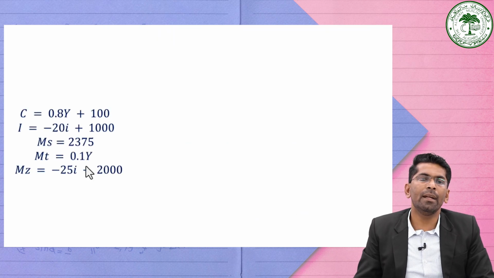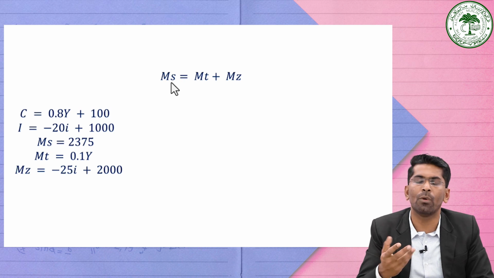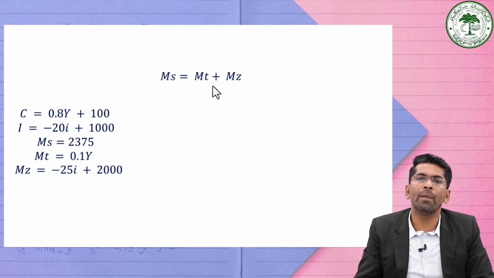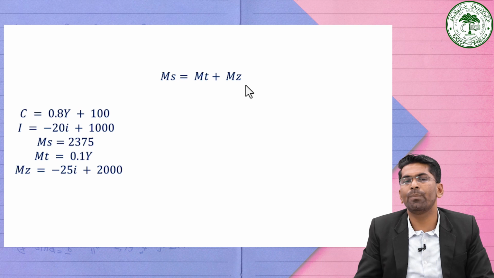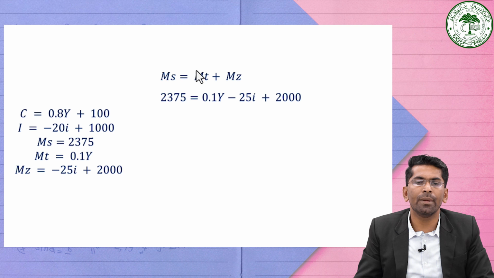Similarly, from this given information, we can derive the LM curve, where the money market is in equilibrium. You know the money market is in equilibrium when the supply of money is equal to the demand for money. So here the money supply is equal to the demand for money, which is given in terms of MT plus MZ, that is the transaction demand for money and the speculative demand for money. Both are given here. MS is given, MT is given, and MZ is also given. So we are directly going to substitute these values here. So MS, that is the money supply, which is 2375, is equal to MT, which is 0.1Y, minus 25I